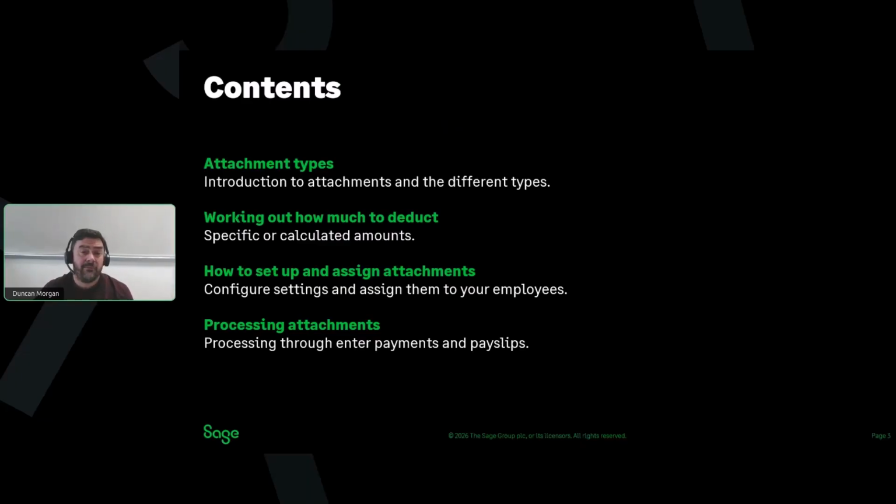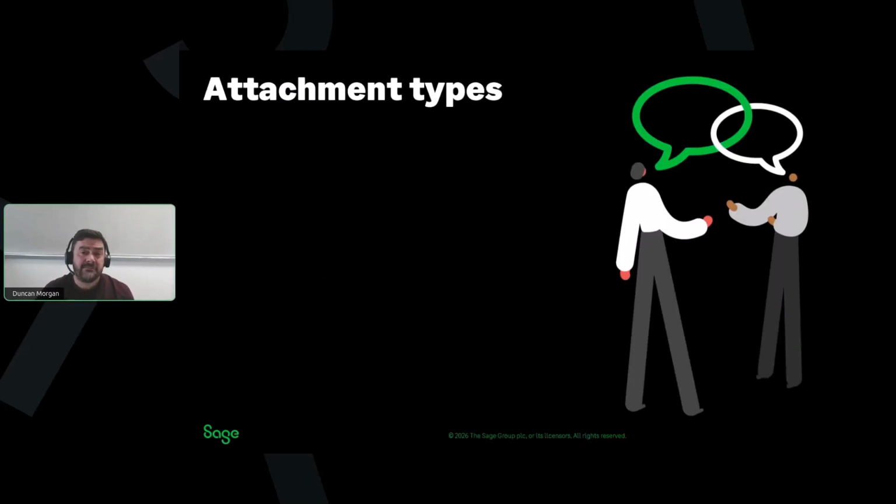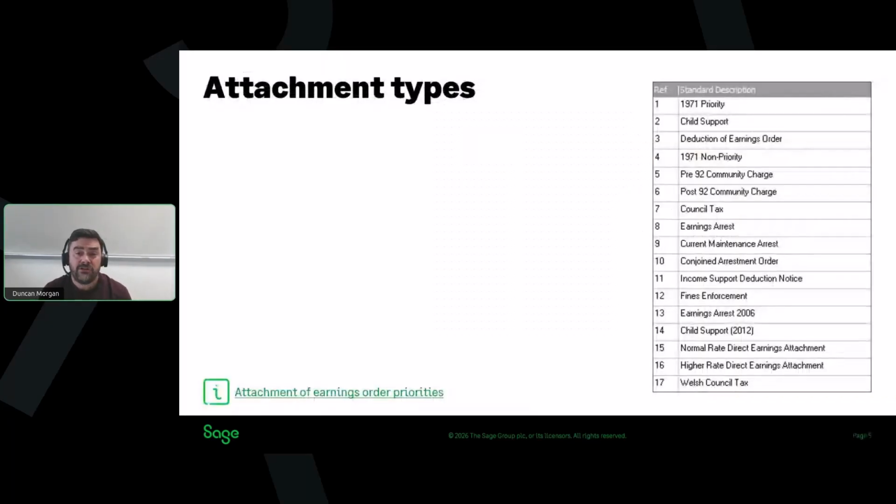So that's what we've got lined up for you, and we'll get started by running through the main attachment types. Now, within your payroll software, there are actually 17 different types of attachment you can choose from, and it is important that you use the correct attachment type for the order that you've received. To try and simplify this a little, I have condensed these into 5 broad categories of the different